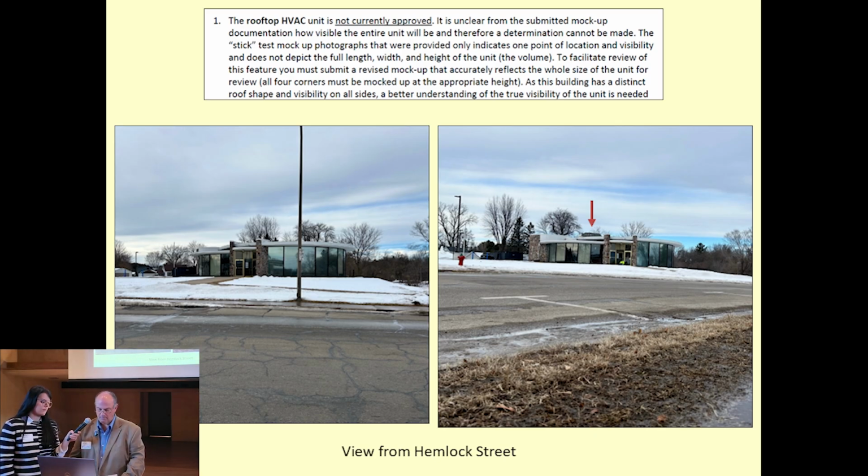So with that mock-up ultimately satisfied, I just want to share these photos of the unit in place. And we basically ended up back where we were from the first site visit, that the unit would be visible when you looked at the rear of the building, but less visible from other vantage points around it. So on the photo on the left, across the street from the front entrance of the building, you can't see the unit at all. However, as you walk down the street,